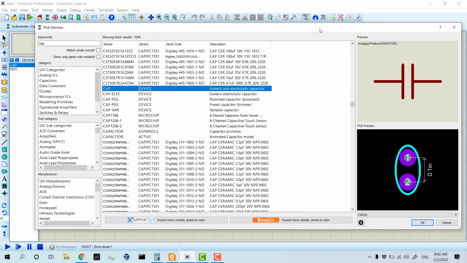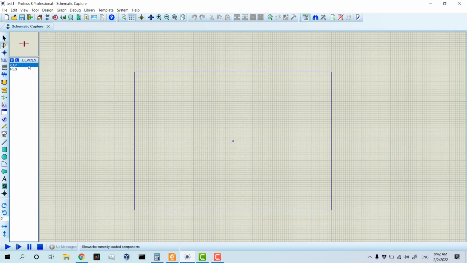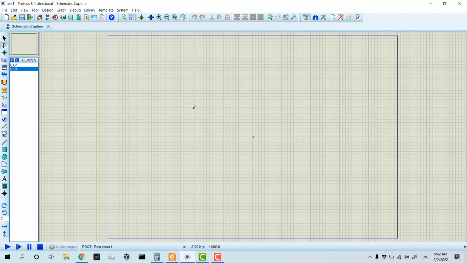After that, when I choose all the components which I need, I will click on OK. By clicking on each of the components which I add in here, my pointer will be like a pencil. For example, I want to zoom the entire sheet, and when I click on the sheet, I will have the component in my sheet in here,